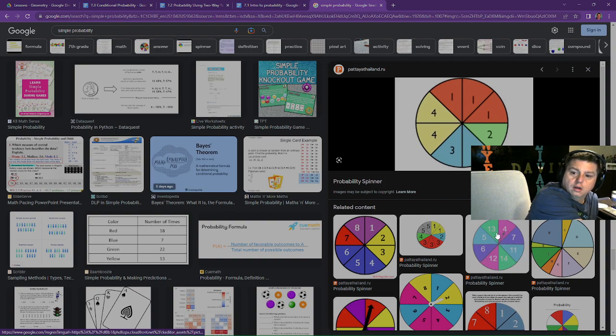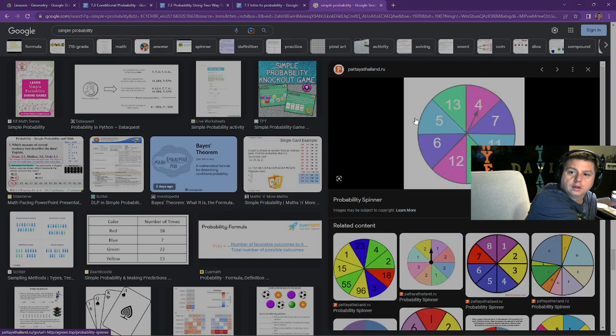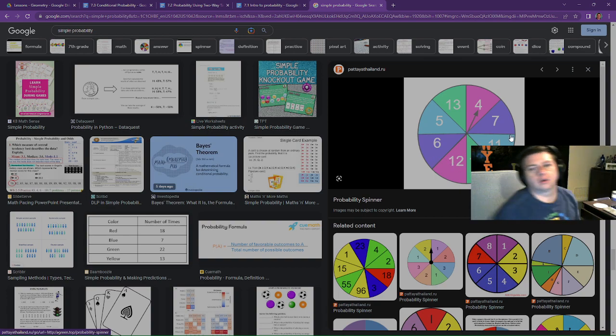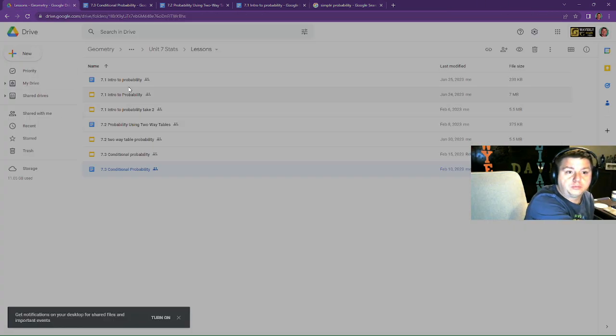So there's a lot of different things you can do with these, even though they're just numbers and colors. I really like this one. I would probably do this. And what's the probability of pulling what? A number less than 10. So what is that? 1, 2, 3, 4, 5, 6, 7, 8. 4, 8. Trying to get away from a number less than. No, gonna do green numbers. Green numbers would be simplified. I could do that, I guess. What's the probability of getting a green number? Okay, so what we're going to do is we're going to,